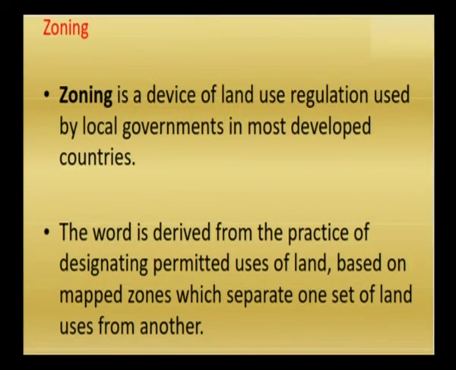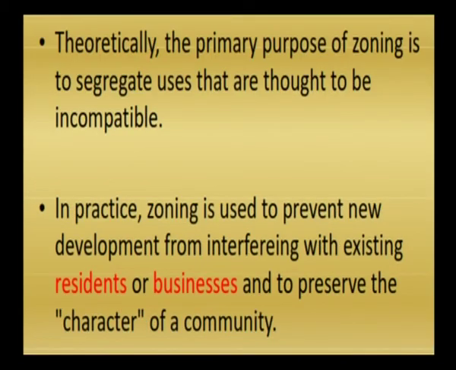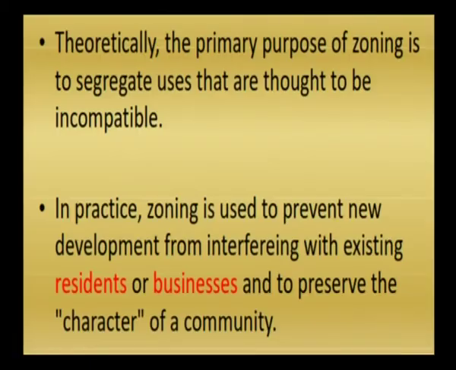Zoning is a device of land use regulation used by local governments in most developed countries. The word is derived from the practice of designating permitted uses of land based on mapped zones which separate one set of land use from another. Theoretically, the primary purpose of zoning is to segregate uses that are thought to be incompatible. In practice, zoning is used to prevent new development from interfering with existing residents or businesses and to preserve the